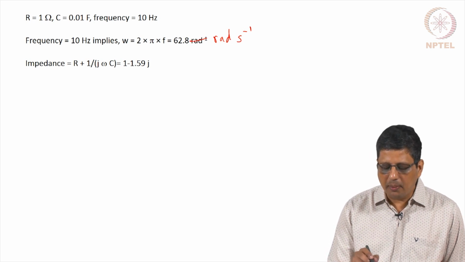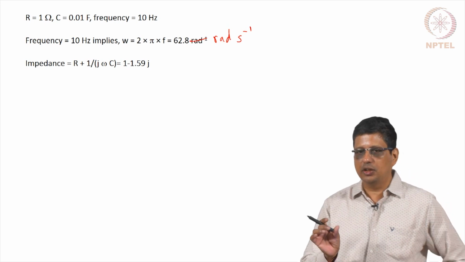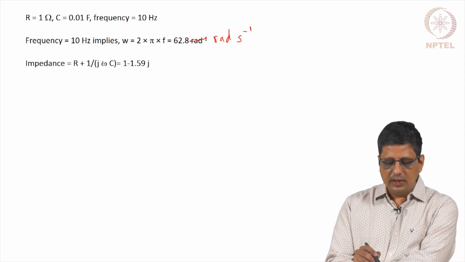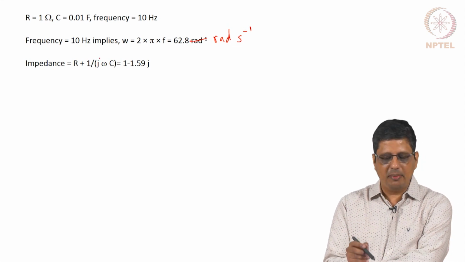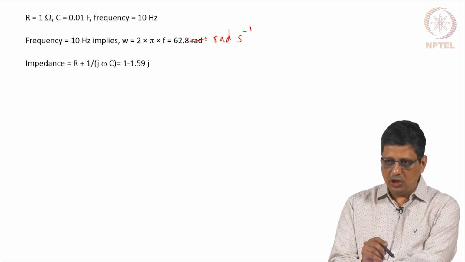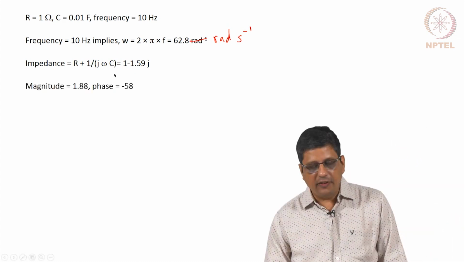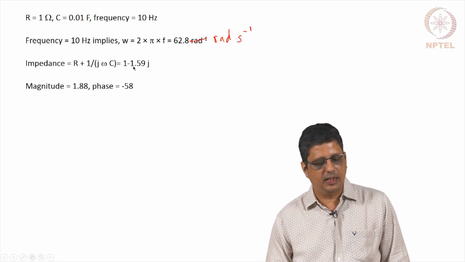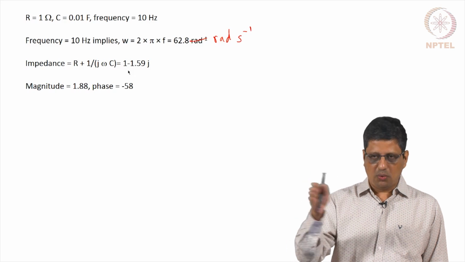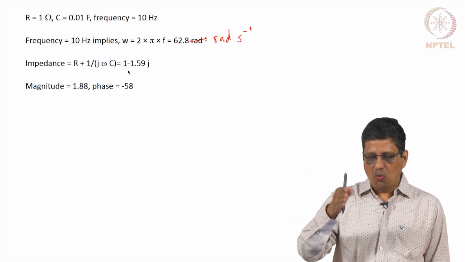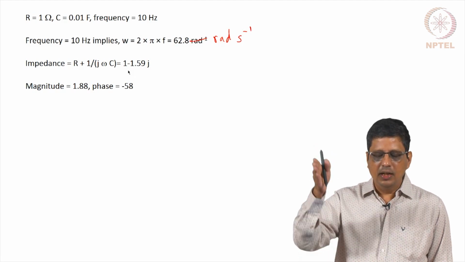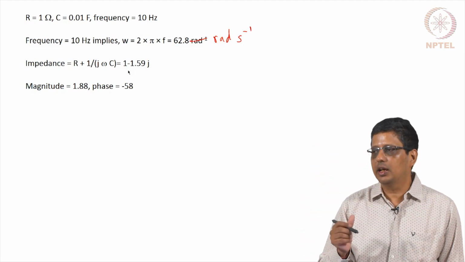and you will get a value of 1 minus, and I truncated it to 2 decimals, 1.59, because you are going to get 1 by j. Once you get 1 by j, it is going to be minus j. Omega c, omega is about 60, c is about 0.01, so you are going to get 1.59. If I take the magnitude of this complex number, so if you visualize, you have the abscissa and ordinate, you got 1 on the x axis, 1.59 in the y axis, so it is going to look like a vector in this direction. The magnitude of that vector you will calculate it as r,